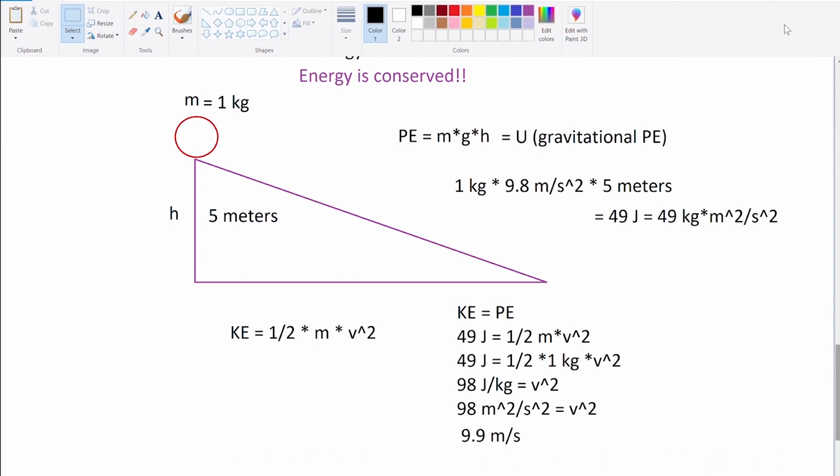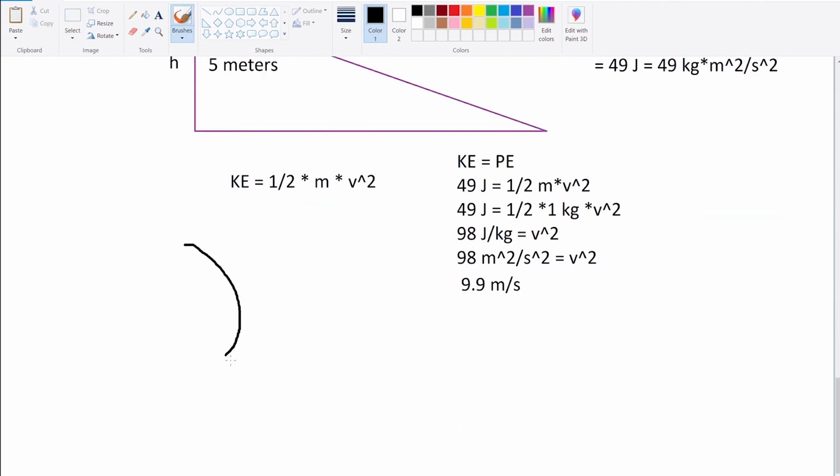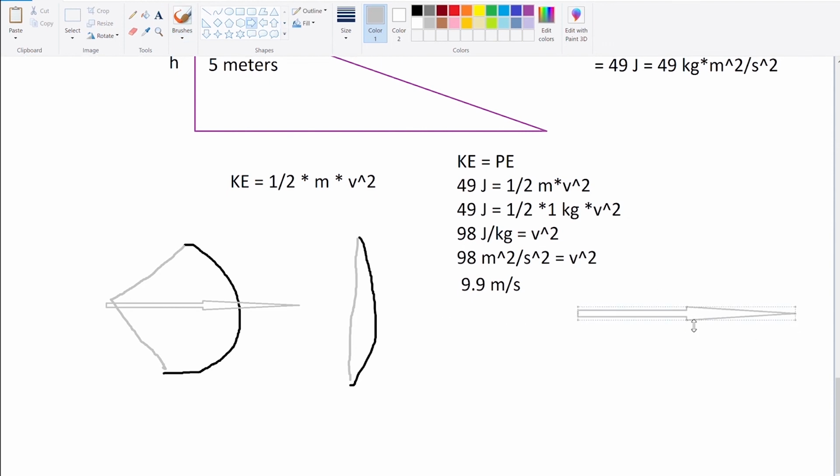Another example of elastic potential energy would be a bow and arrow. Oh, that's a bad drawing. But say you have a bow, and its string is pulled all the way back. So you have all that potential energy stored in the string. Once you let that go, and as the bow flexes back into its natural state, and the string is just kind of chilling, it doesn't have any potential energy in it, all of that potential energy that was stored in the string and in the bow is now propelled into kinetic energy in your arrow, which is now off